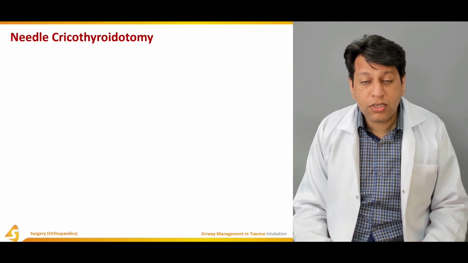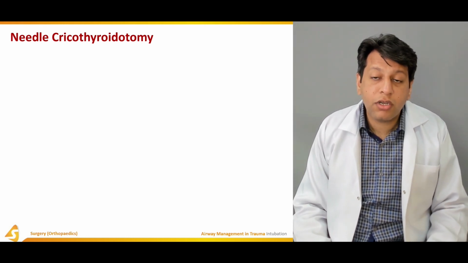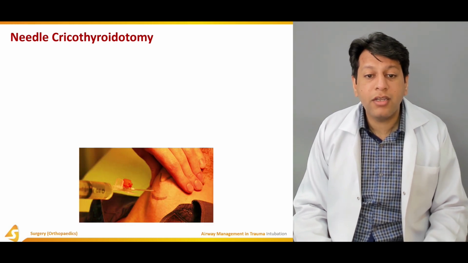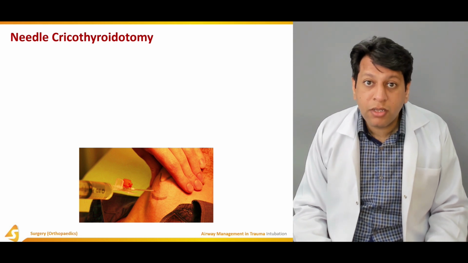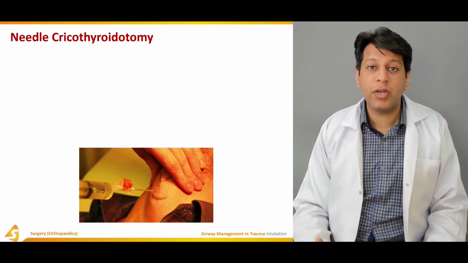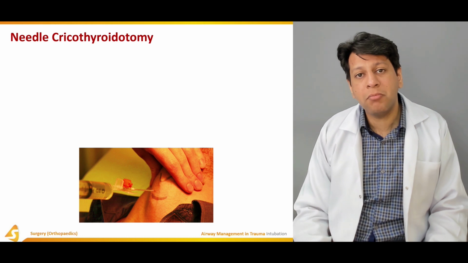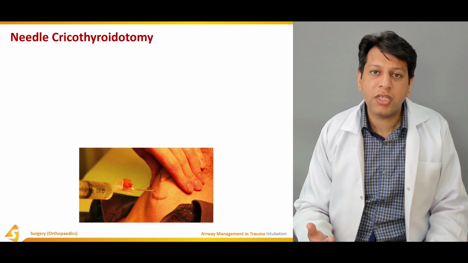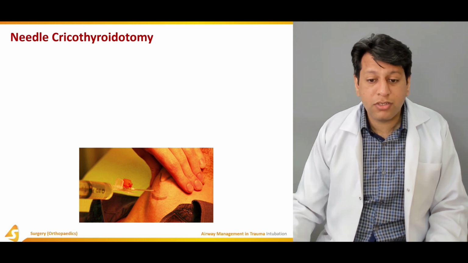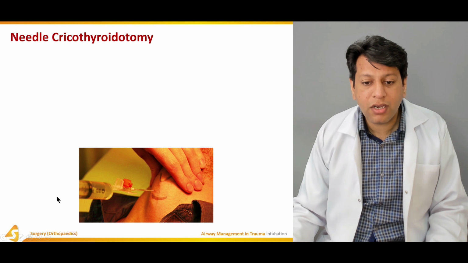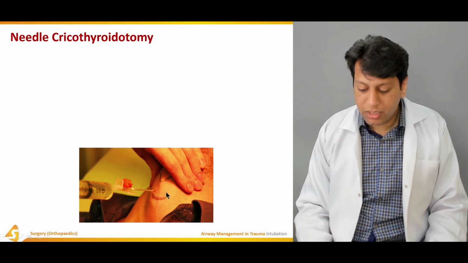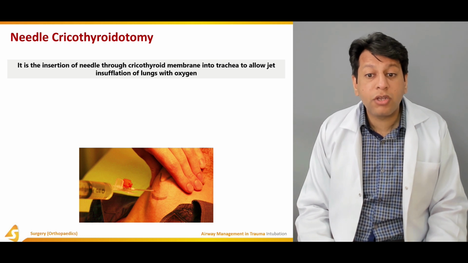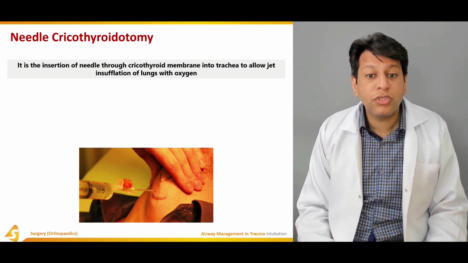So the next option is, then again, needle cricothyroidotomy, which is not the ideal option. It's actually a passing of a needle into the cricothyroid membrane. But needle cannot give you adequate ventilation, but it gives you enough time to arrange for the logistics so that you can go for the definitive airway management such as tracheostomy. This is how it is. This is the cricothyroid membrane, and a needle is actually passed into it. It is the insertion of needle through the cricothyroid membrane into the trachea to allow a jet insufflation of the